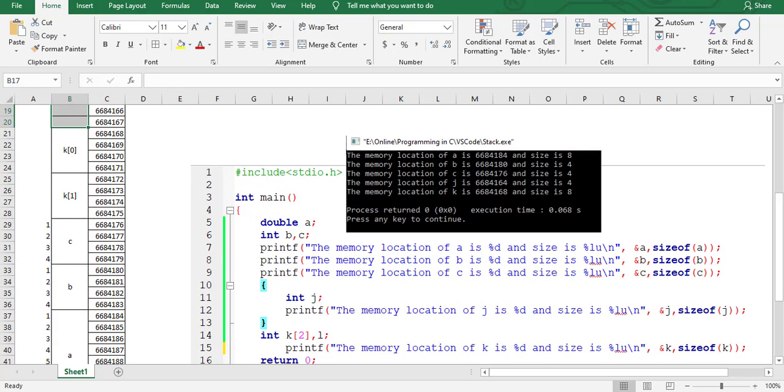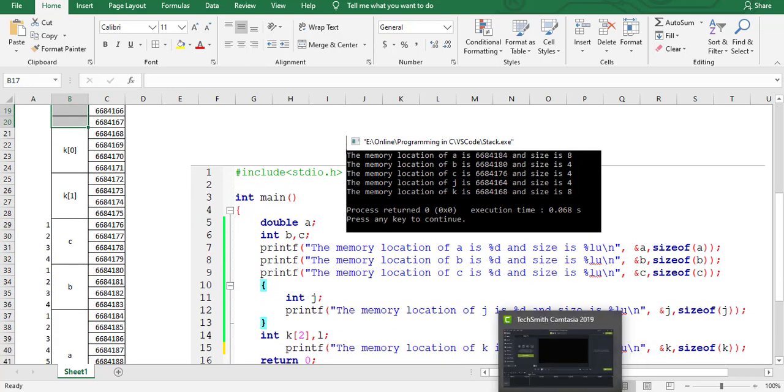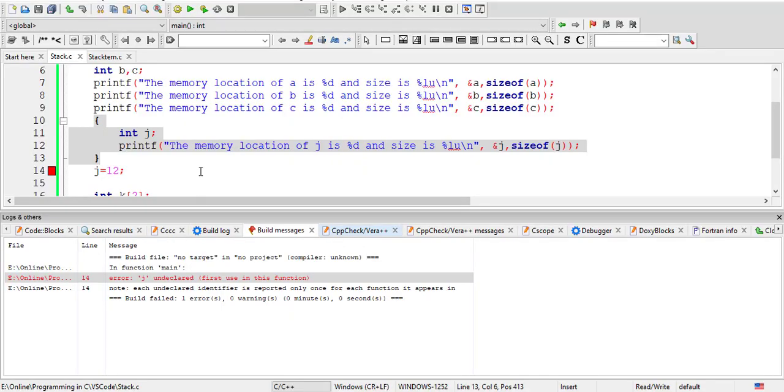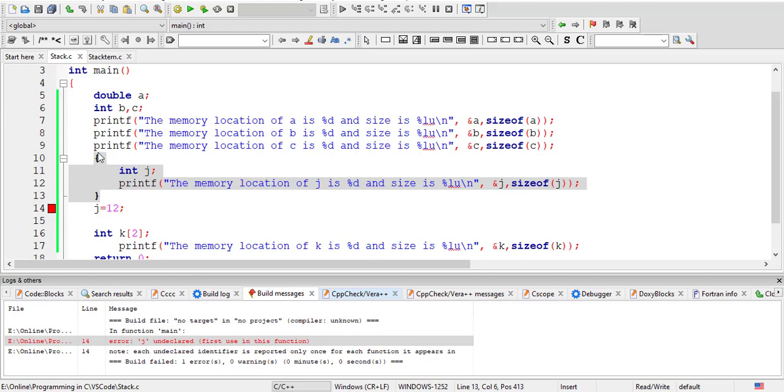So this is very important. This is what is known as the scope of the variable, where the variable will be available. The variables declared inside a block will be available only inside the block. When you get out of the block, it will not be available. Okay, so this will take us to our next video. It will be about scope of the variable. So it is very important to understand this.